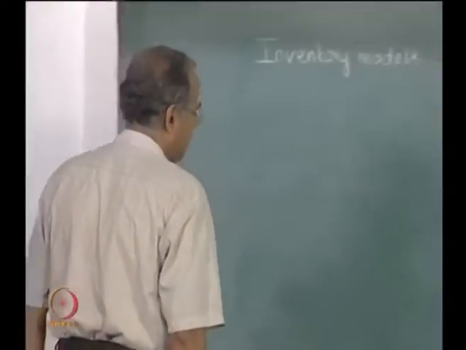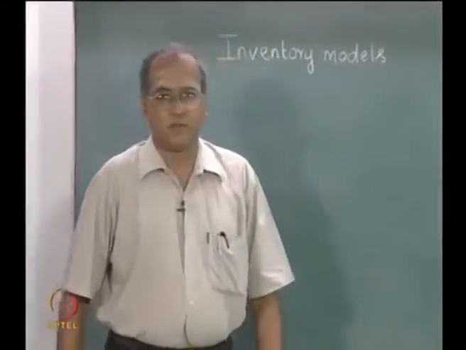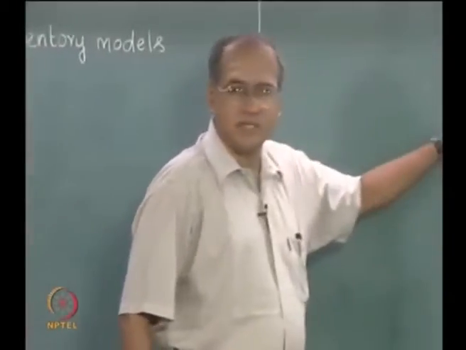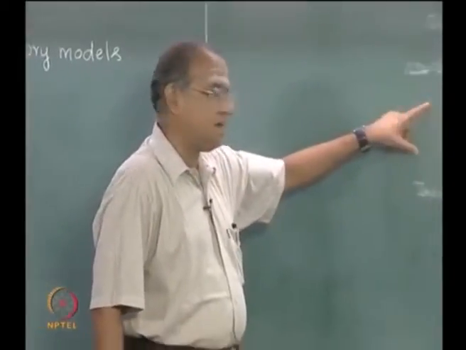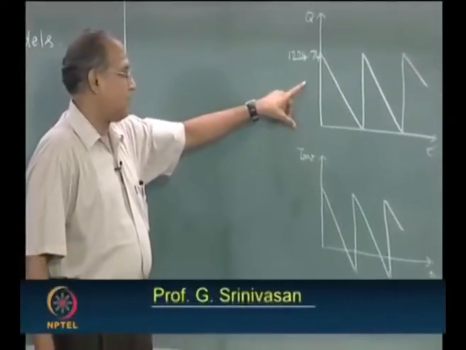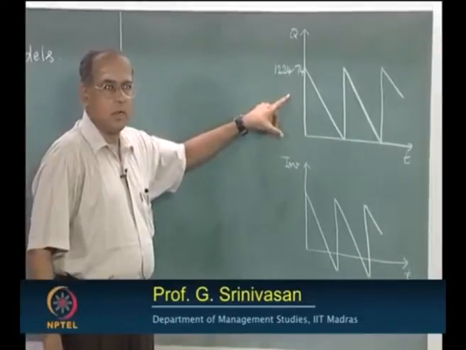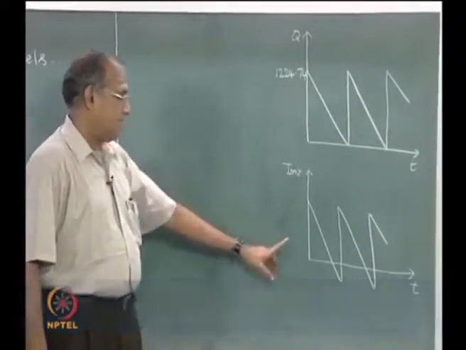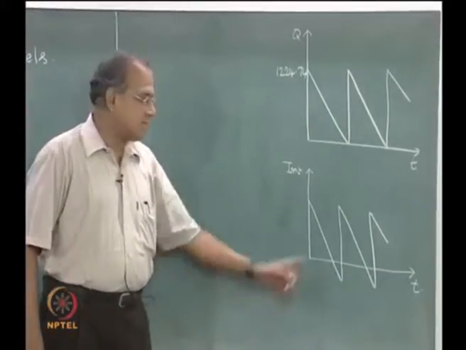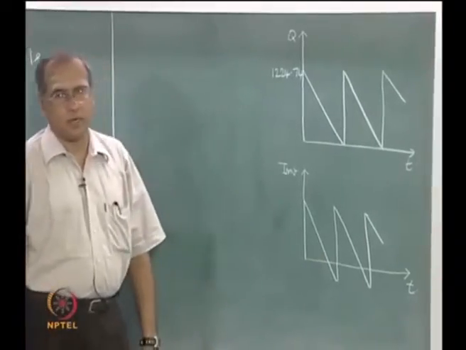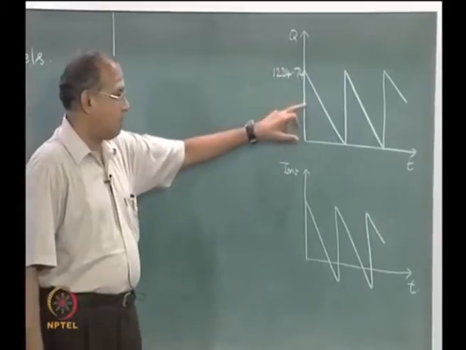We continue our discussion on inventory models. We have so far seen two models. This is the diagram for the first model, where we consider continuous demand and no back ordering. In the second model, we considered back ordering and we derived expressions for the economic order quantity under both the